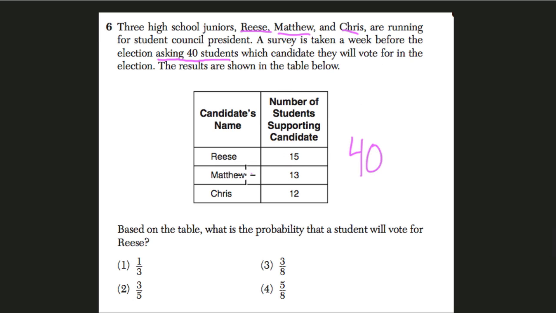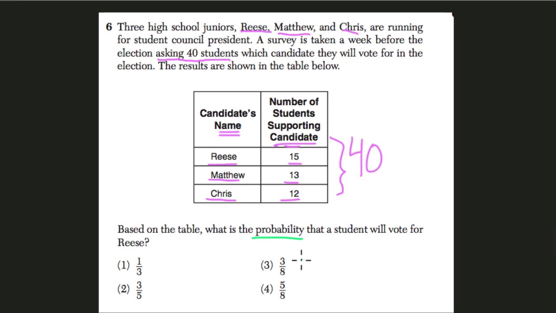So here's the survey, right? And the candidates' names and the number of students supporting each candidate. And Reese has 15 students, Matthew has 13, and Chris has 12. You don't need to add these up because we know 40 students were surveyed. They told us that. The question is saying, based on this table, what is the probability that a student will